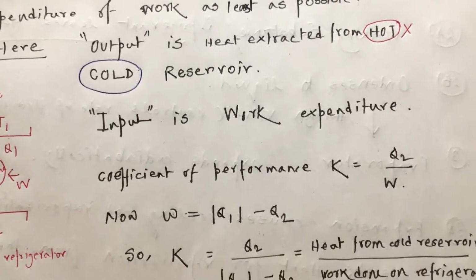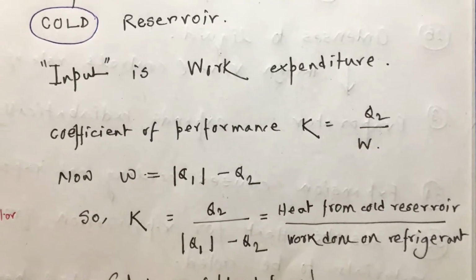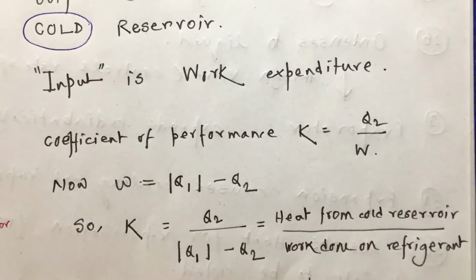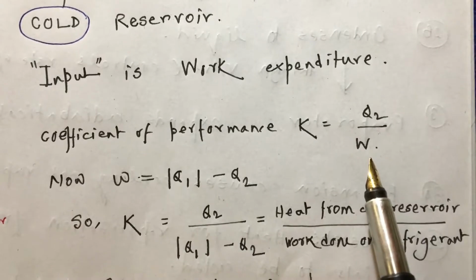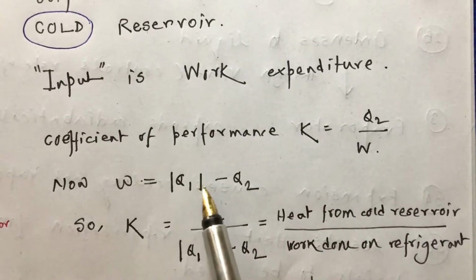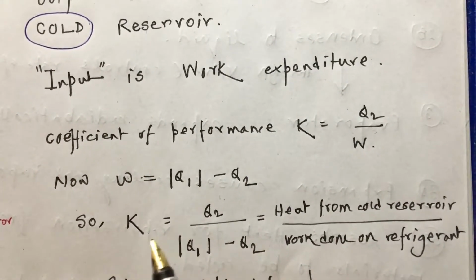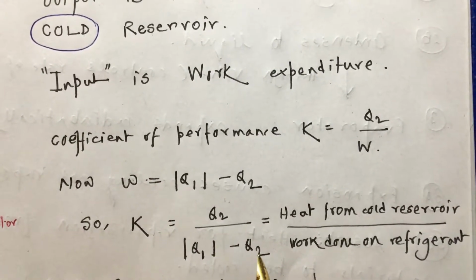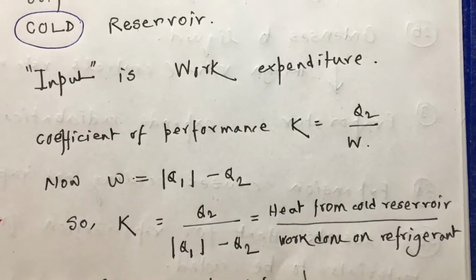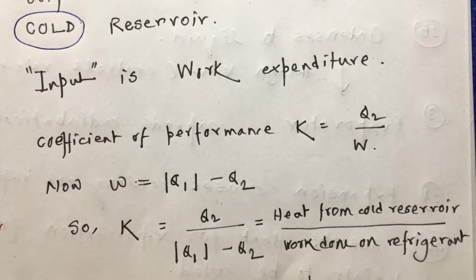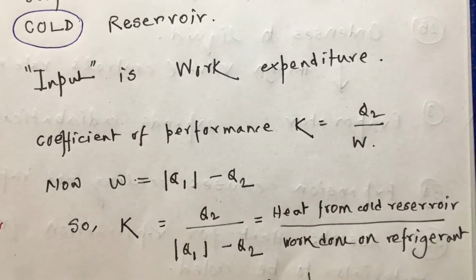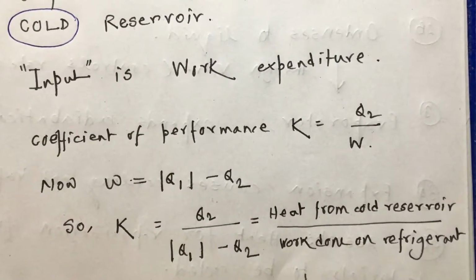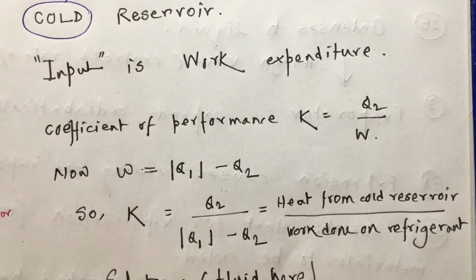So in place of coefficient of performance we could write this as coefficient of performance হচ্ছে Q2 by W. W টা আমি দেখলাম Q1 এর magnitude minus Q2. So coefficient of performance equal to Q2 by Q1 magnitude minus Q2. This is the heat extracted from the cold reservoir divided by the work expenditure বা refrigerant বা ওয়ার্কিং সাবস্টেন্স হিসাবে